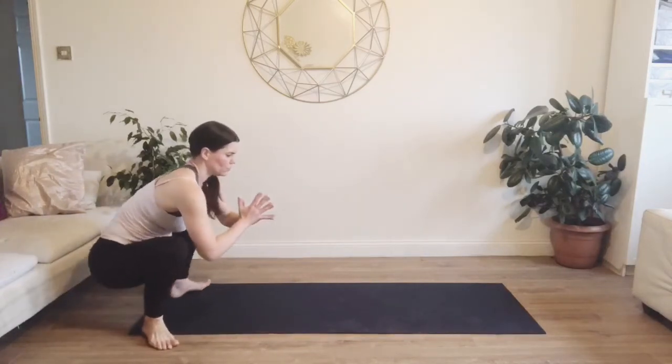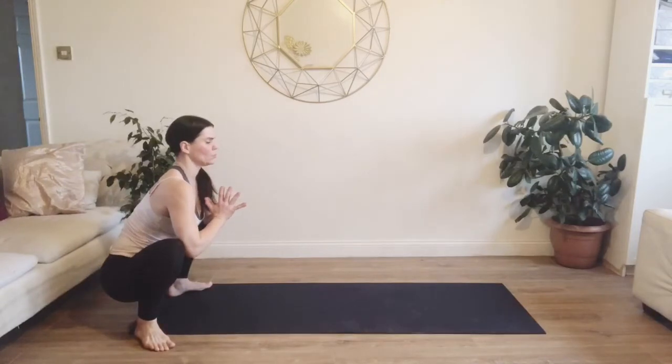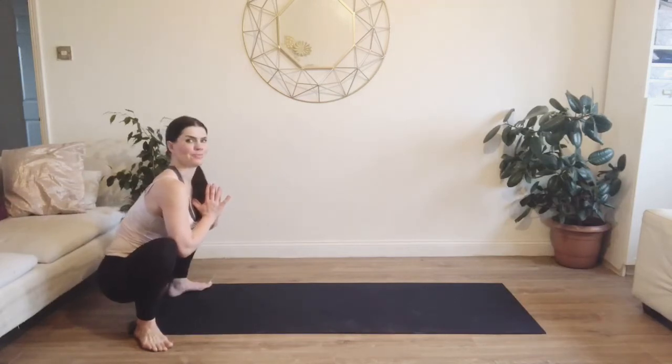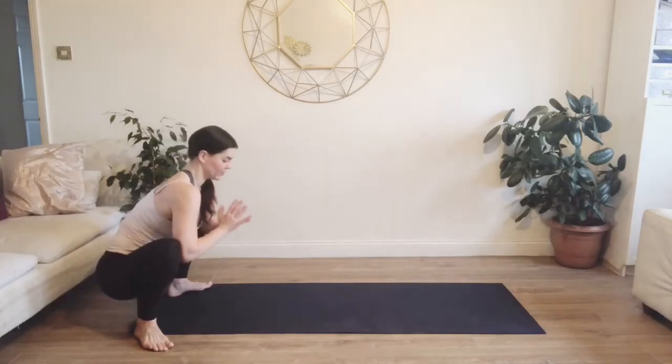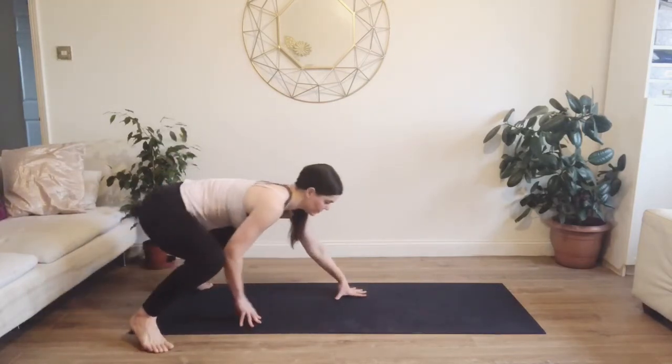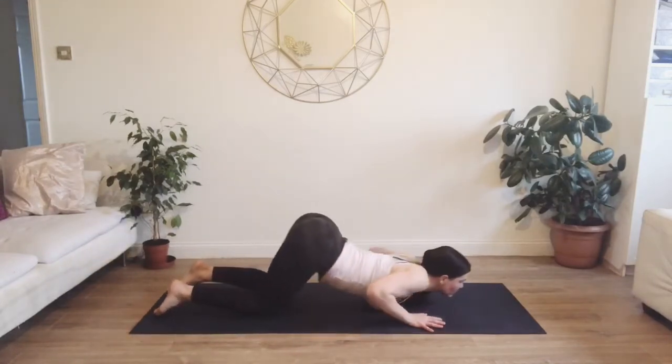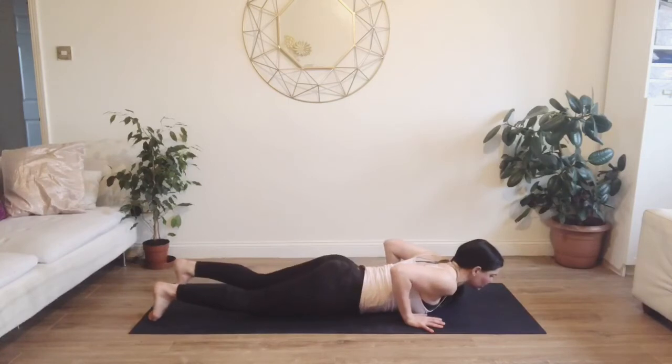move into a squat. So adjust your feet at the distance that you need to open up your hips. Press the elbows gently against the knees and widen your collarbones, lift through the crown of your head. So this is a great way of opening up your hips. And when your hips feel open, this also helps to release your lower back. Gradually walk forward, bring your knees down, snake the body through,